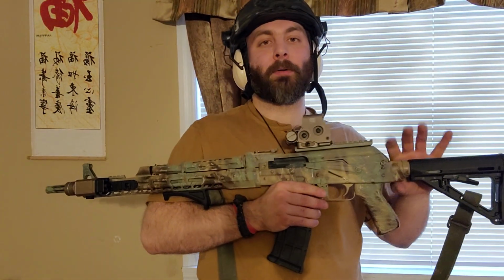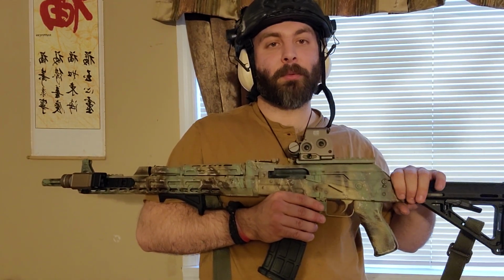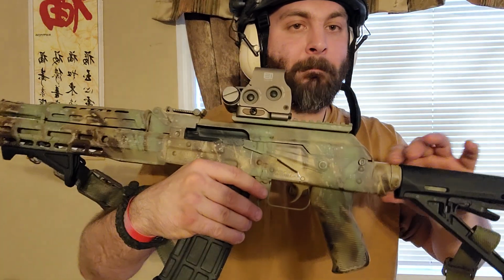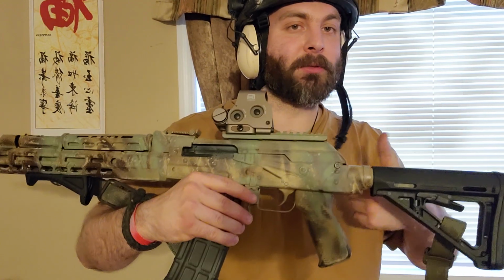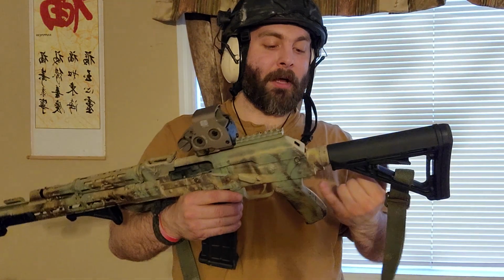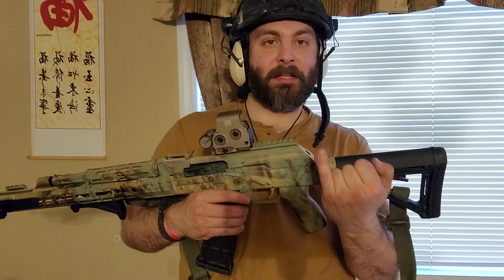But for now, I'm just showing where I'm at. I went the other way, again, with the parts compatibility. Zastava makes an AR buffer tube adapter that's quite excellent. I'll go through it here. This is it. It is basically a block that fits in the back. It screws in with one bolt like the regular buttstocks, and it has a set screw that comes up from the bottom that digs into your